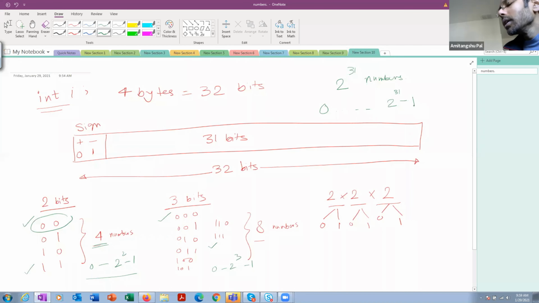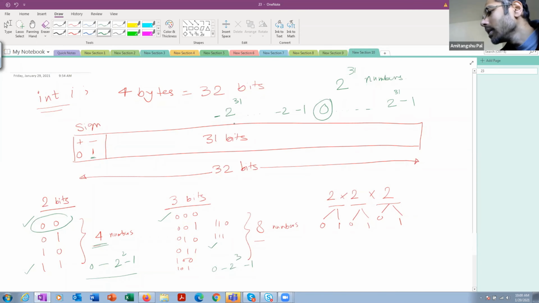Now in the negative direction, the sign bit will be inverted. So you will start with minus 1, minus 2, and ultimately you will go to minus 2 to the power 31. Not minus 2 to the power 31 minus 1, because on the positive side you are wasting one pattern for 0.